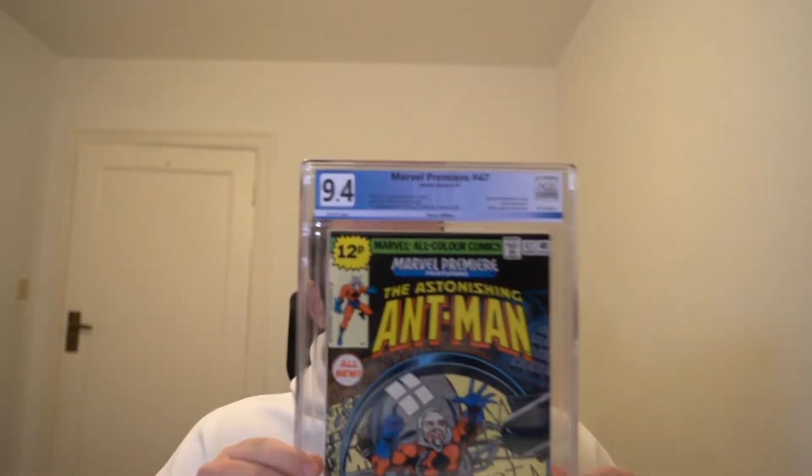Let's get to it. So the grading company in question today is PGX, and we're gonna get started with the first book, which is the normal book. It's the book that I didn't tamper with, there was nothing on it. Just wanted to see how it grades, the quality of the slab, is there any flaws that I could detect, do they overgrade, do they undergrade? Things like this. So I got a 9.4